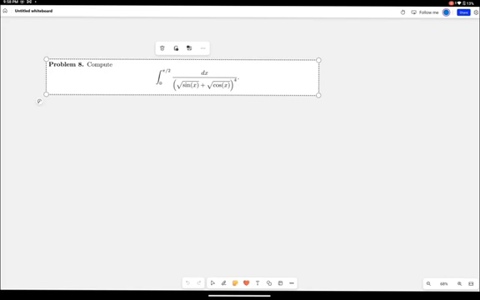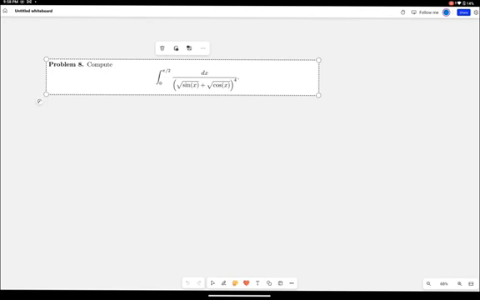So what we have here is the integral from 0 to pi by 2 dx over the square root of sine x plus the square root of cosine x, all inside parentheses raised to the power of 4. So upon first seeing this, I guess the first intuition could be to expand this, to